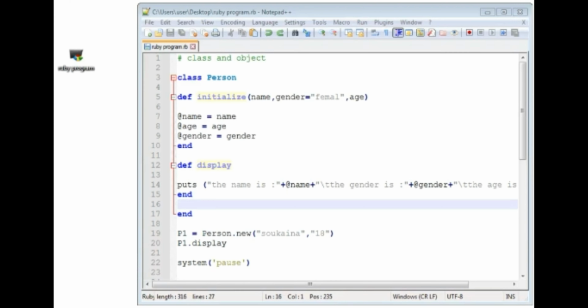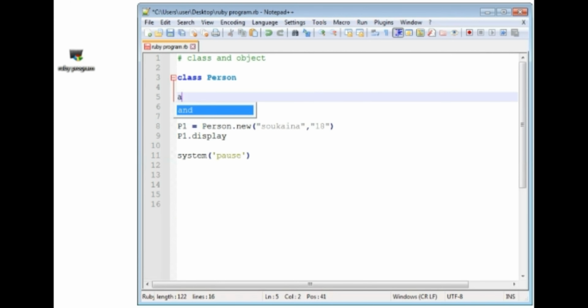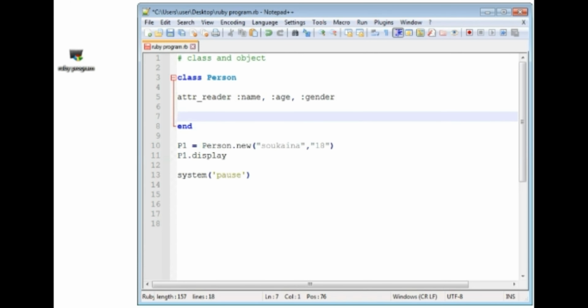If we want to initialize attributes directly or display them without using methods, we can use attribute reader and writer functions to do it. Here, I'm going to remove this and write attr_reader, space, colon name, comma, space, colon age, comma, space, colon gender. This is the syntax. So this function, attribute reader, is used to access the attributes,